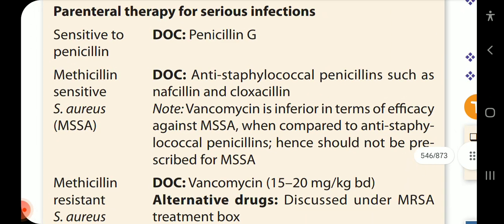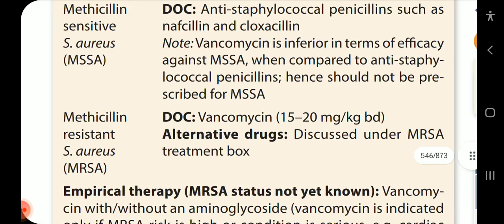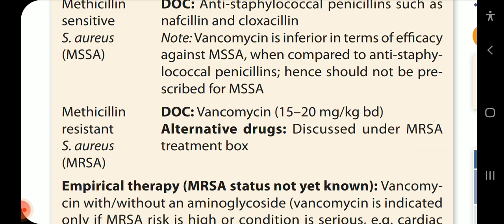Parenteral therapy for serious infections sensitive to penicillin. Drug of choice is penicillin G. Methicillin sensitive Staph aureus, MSSA. Drug of choice is anti-staphylococcal penicillins such as nafcillin and cloxacillin. Note, vancomycin is inferior in terms of efficacy against MSSA when compared to anti-staphylococcal penicillins, hence should not be prescribed